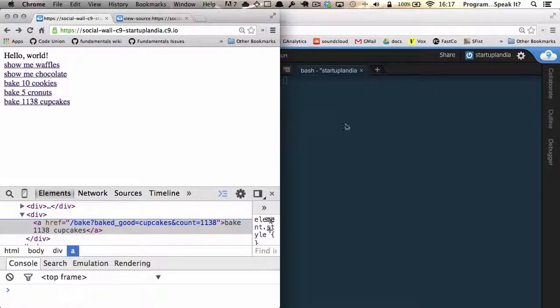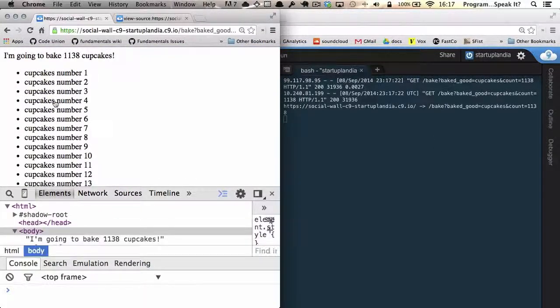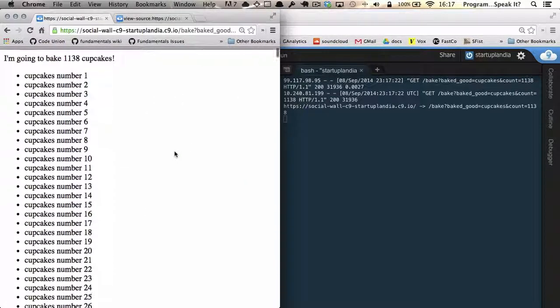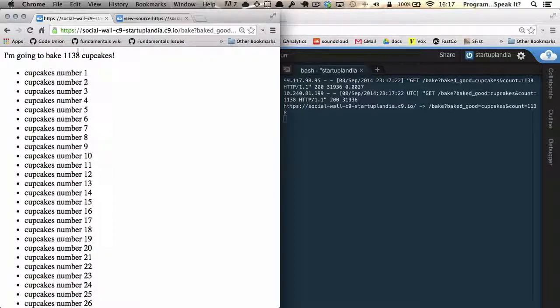Let's make our GET request, and we can look at our terminal on the right. And notice we made a GET request to /bake, where the question mark is important because it indicates the beginning of dynamically inserted query parameters, baked_good equals cupcakes and count equals 1138, and the response back to the browser was literally